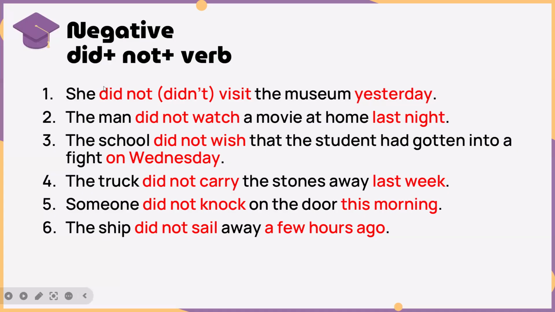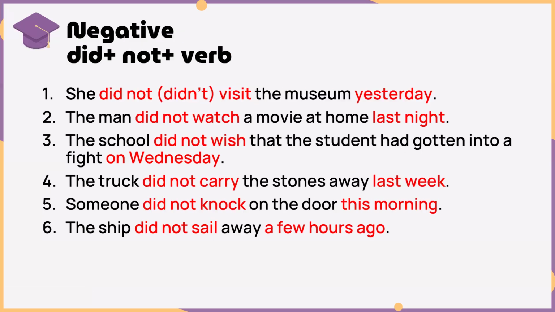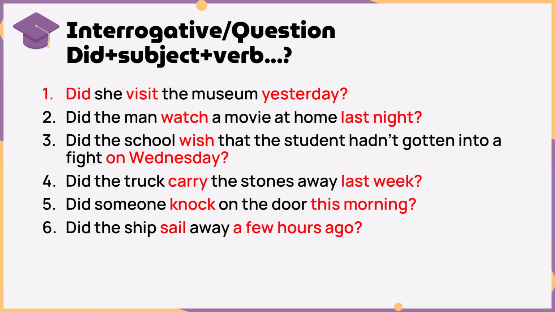You use the verb did, it's the auxiliary verb, not, and then you use the base form of the main verb that you want to use. And in the affirmative and in the negative, I'm using the same sentences so you can see how the verbs change, okay? Now for the interrogative or the question form, we have to start off with the auxiliary verb did,